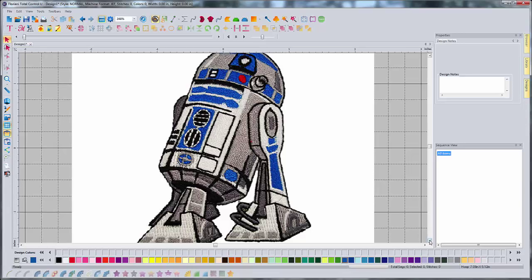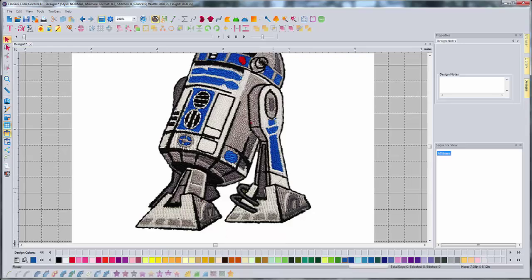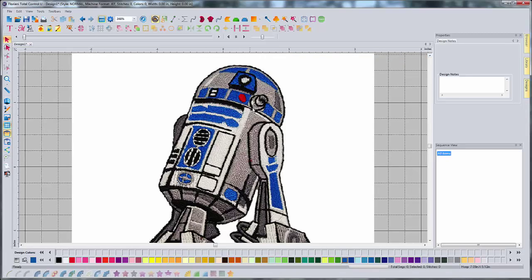And then one interesting thing about this particular design is if you look at the pattern of the fill on his feet here, it's not like a standard fill. It's got an effect to it, and there's a way that we can do that. So we'll get to that when we get that far. But first, I want to get the big areas of color done. So I want to do probably this part in white first,